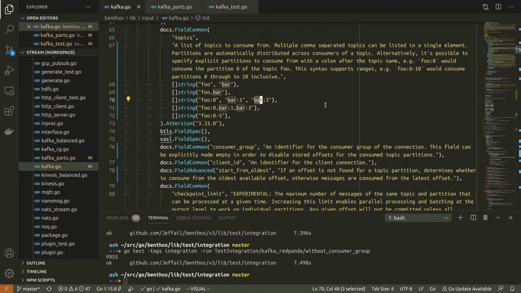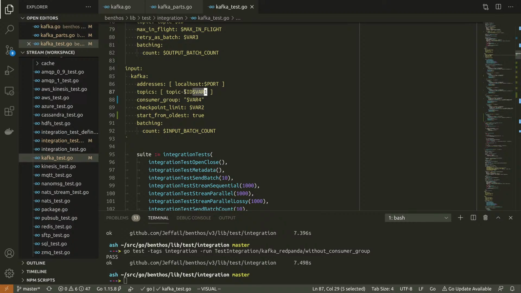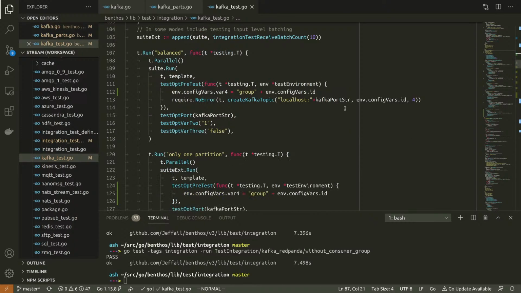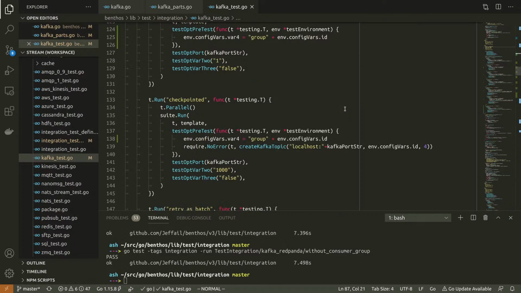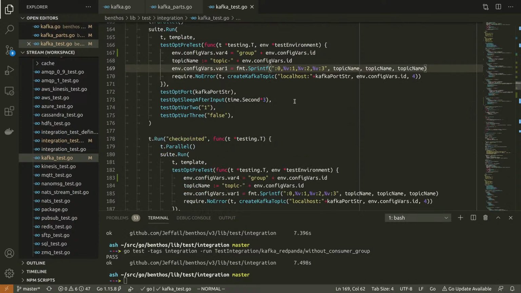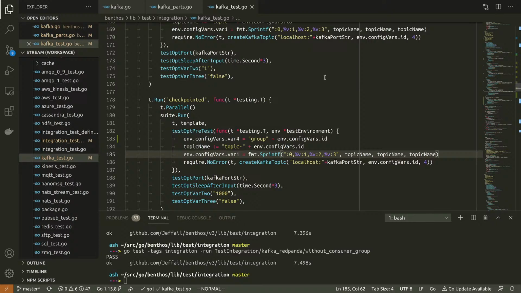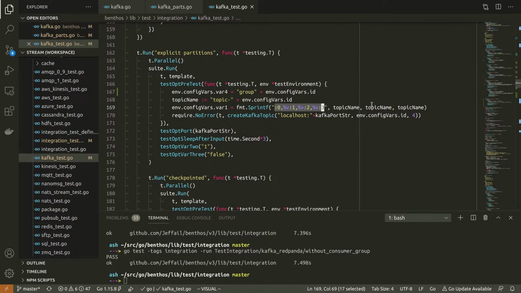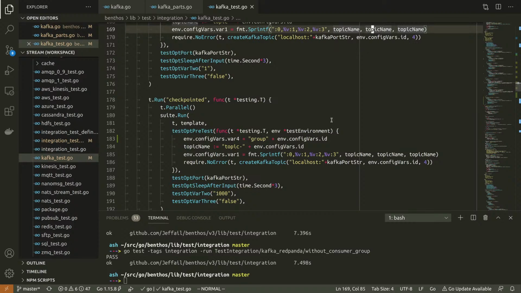I have to do it dynamically because the topic is dynamic, because it's generated with the ID appended to it. So yeah, this is pretty naff. Not good, but it only appears here and here. So we've got 2 tests with explicit partitions that do this. What I might do is, I still want to keep this somewhere in one of these tests at least, because I want to make sure that I haven't regressed anywhere.